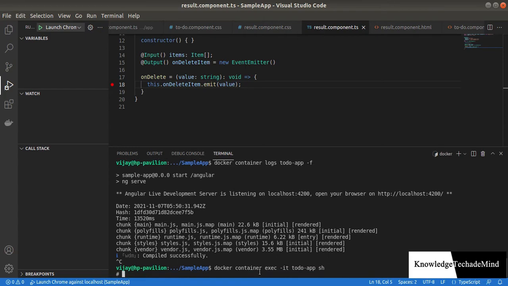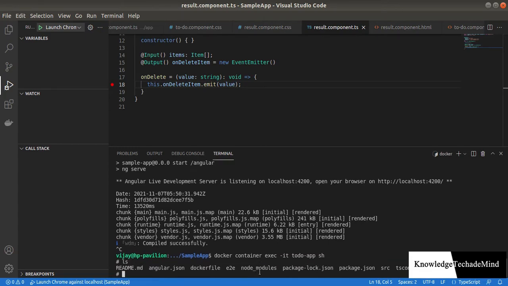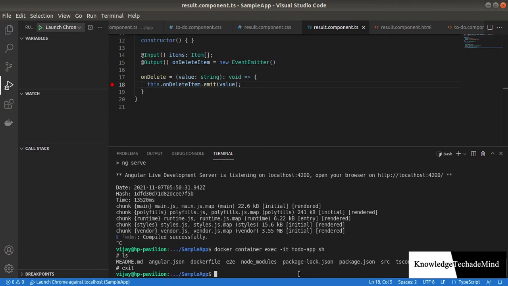Now I am going to check whether I am able to access my application inside the container by executing the curl command in the container. For that, I need to use the exec command on the running container with the interactive terminal option.